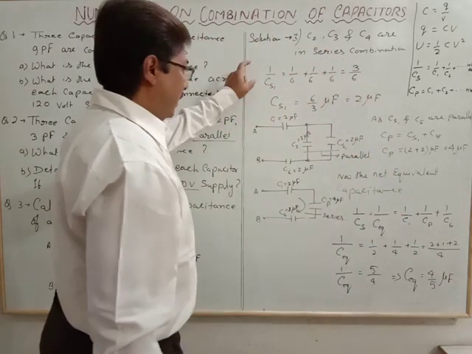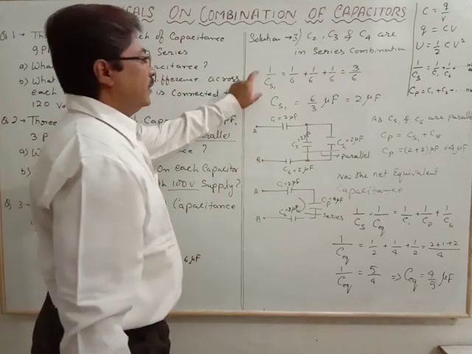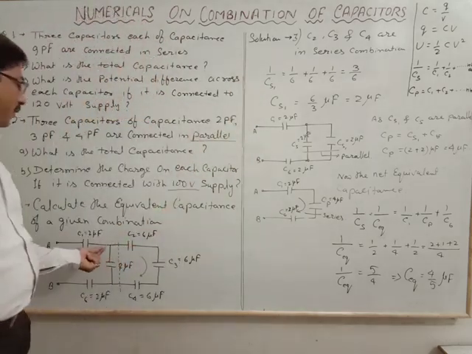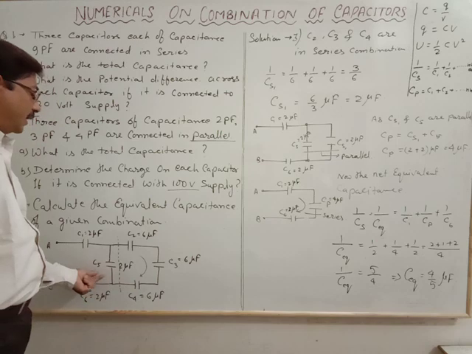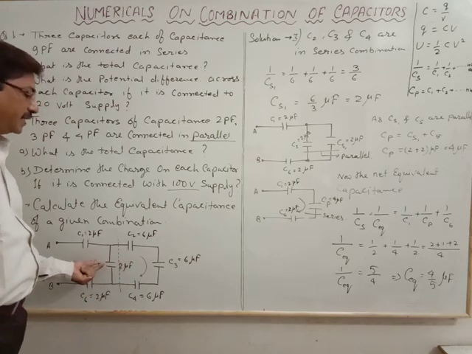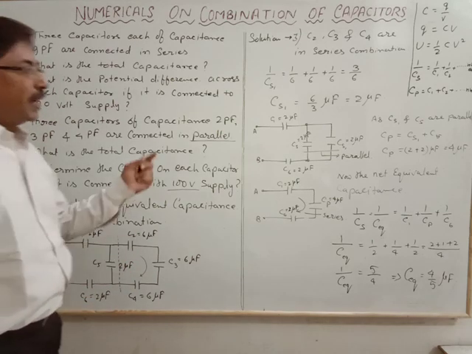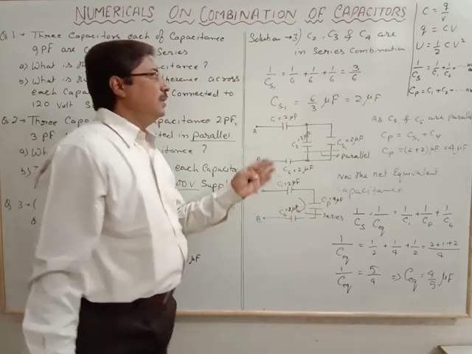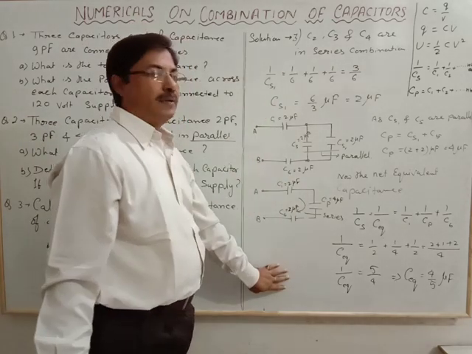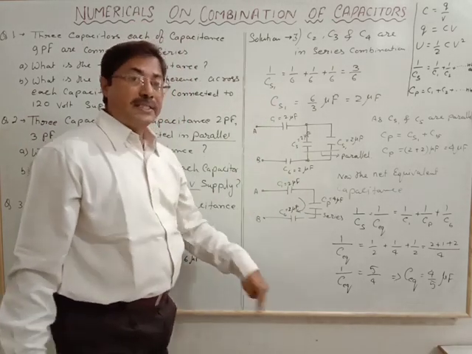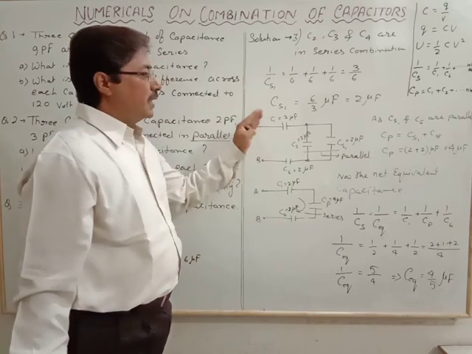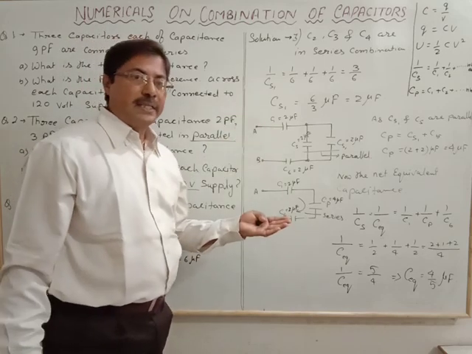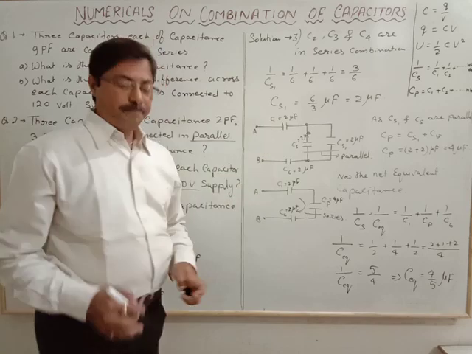So this is the arrangement that we will solve if the capacitors are in a different arrangement. In that case, we will solve it part by part, and this is the way we can do this. Now in the next class we will take more complex circuits for solving the problems.